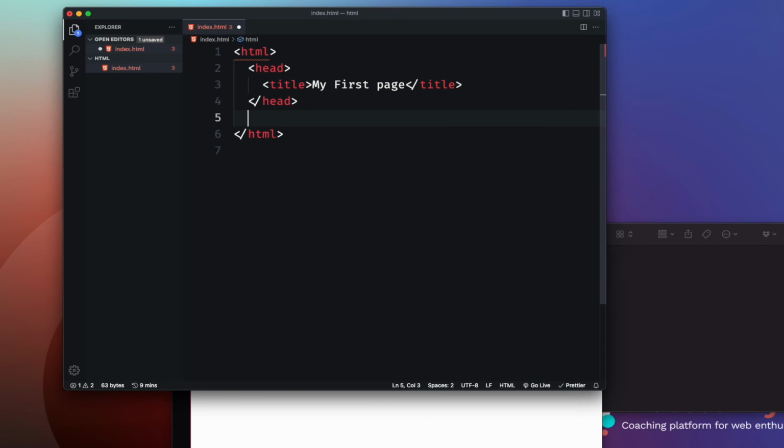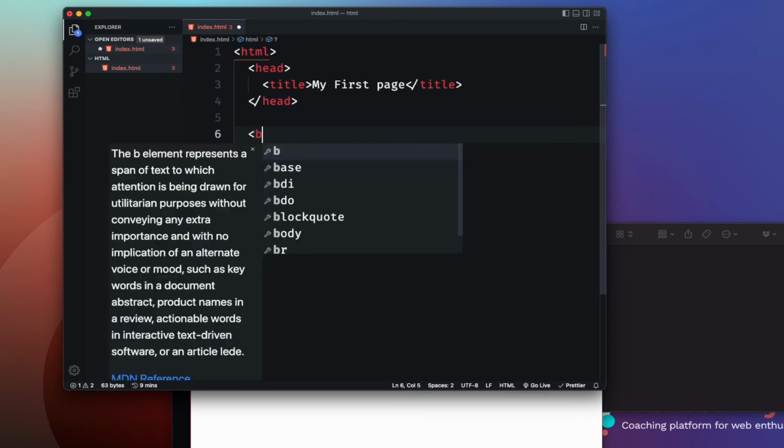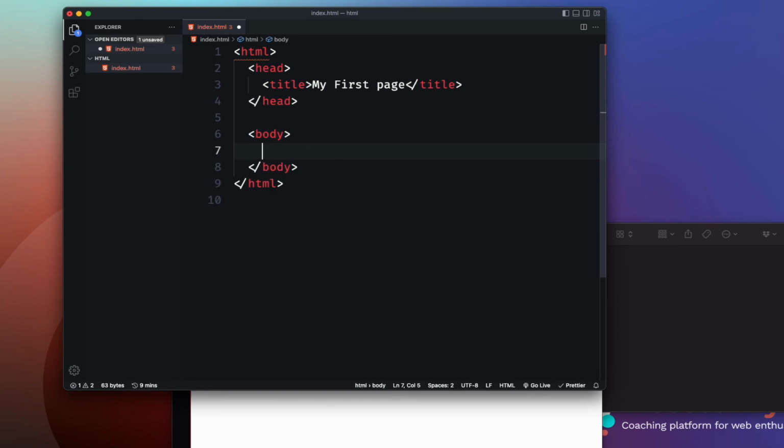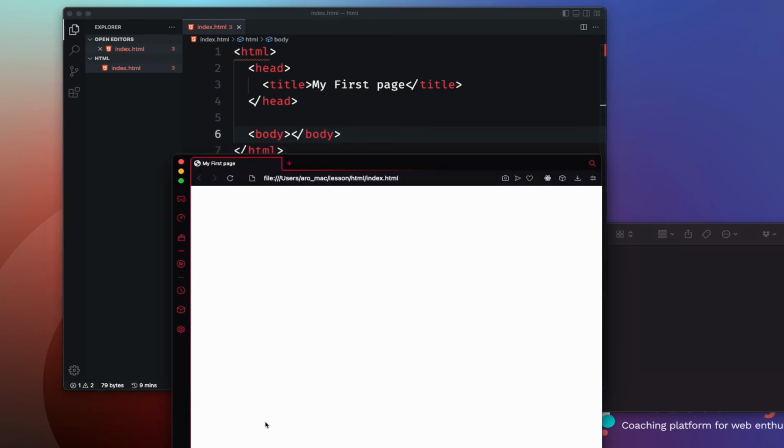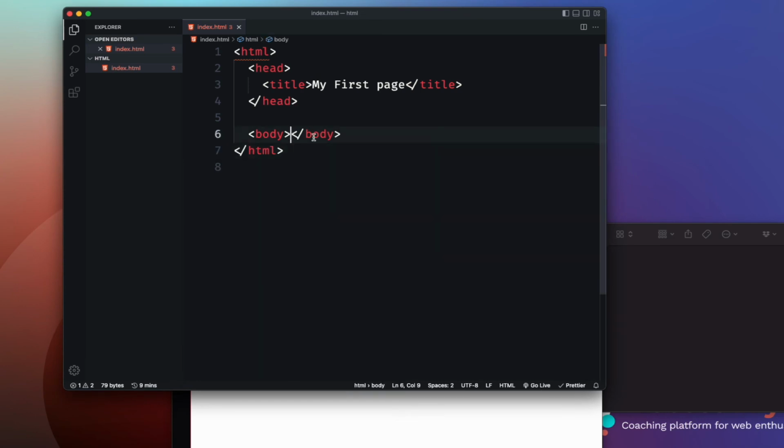The next part of the code we need to specify is the body. The body talks about what the content of the site should be, and within the content of the body you have various forms of elements and tags which we'll cover in the course of this tutorial, but we will just demo only one for now, which is h1.